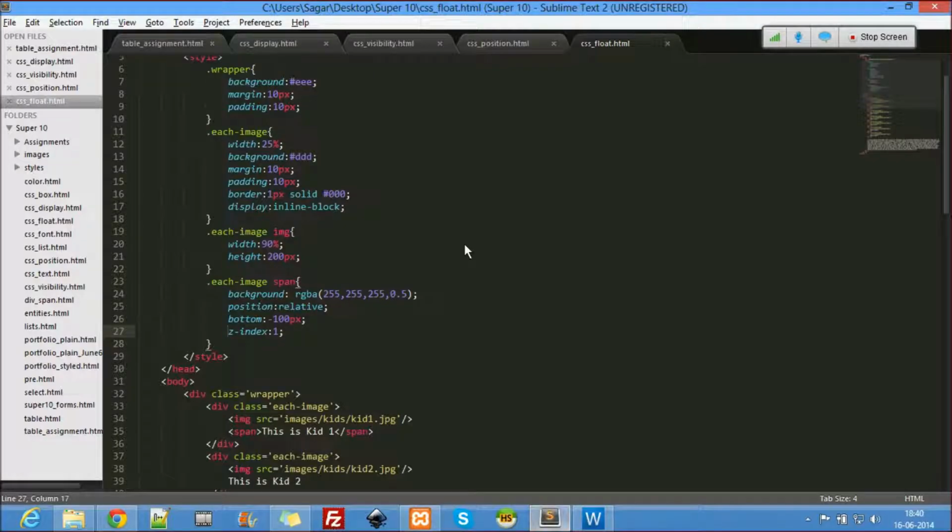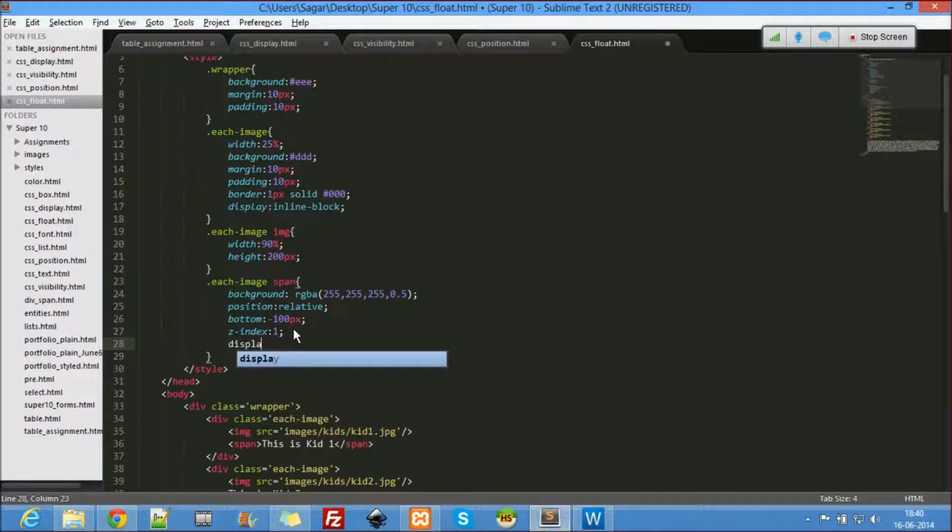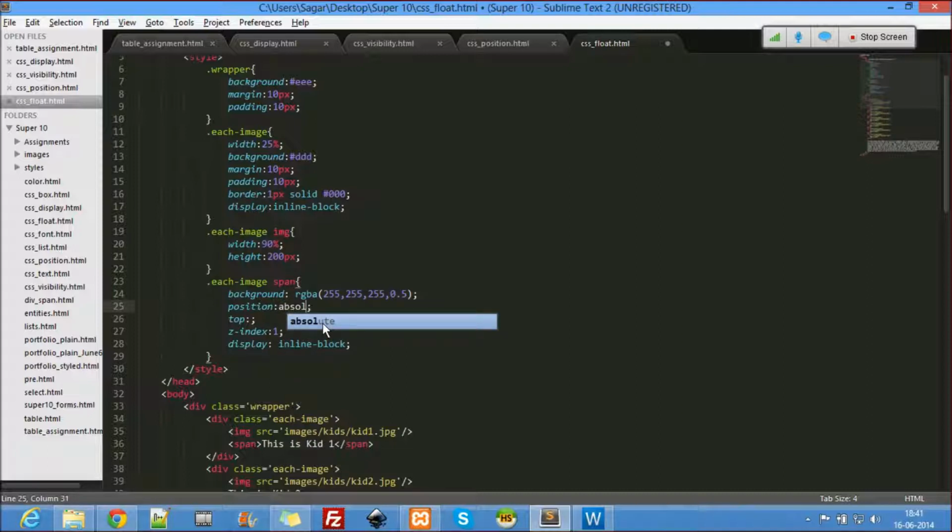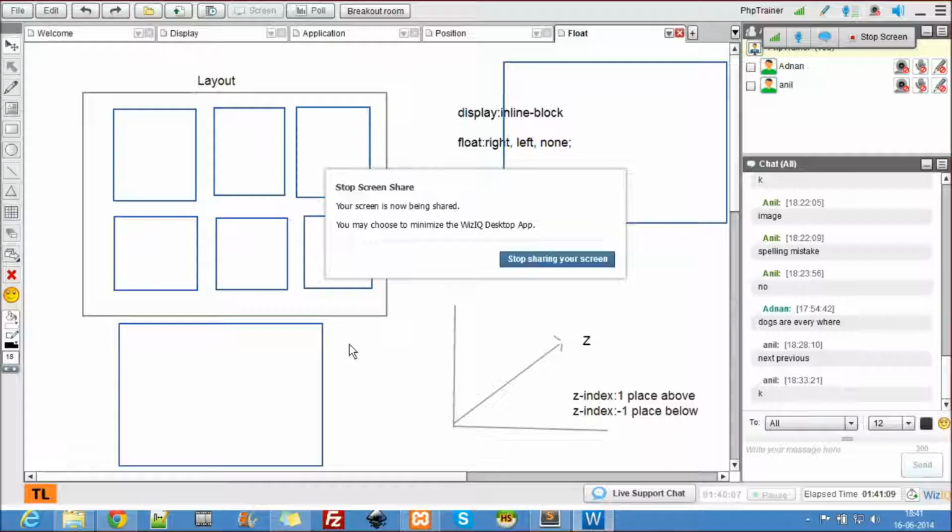So when we come to our program here, let me say display inline block. Okay, so the bottom, let's remove the bottom for now. Let's use top absolute only. From the top, let it be 100 pixels wherever it is.